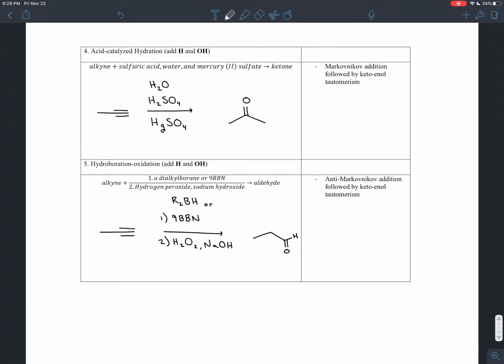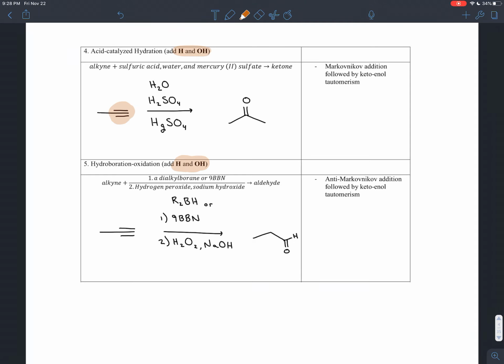There are two hydration reactions where you add a hydrogen and an OH. That's really HOH, or H2O. And so when you add water, just like if you drink water, you're hydrating yourself. If you add water onto a carbon chain, you're hydrating that carbon chain. There are two ways to hydrate a carbon chain that carry over from alkenes into alkynes, hydrocarbons